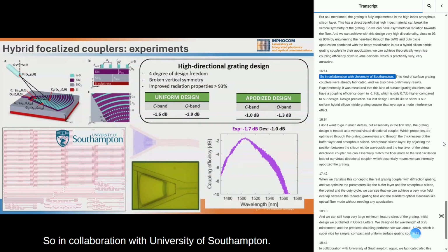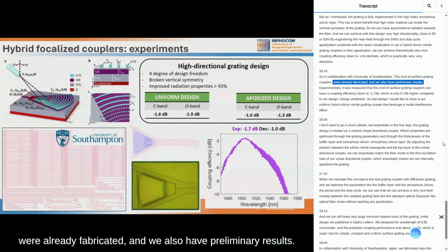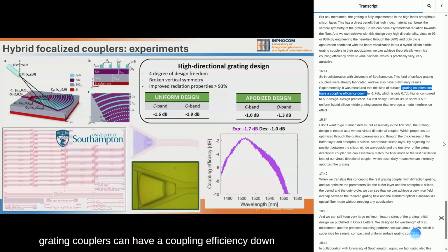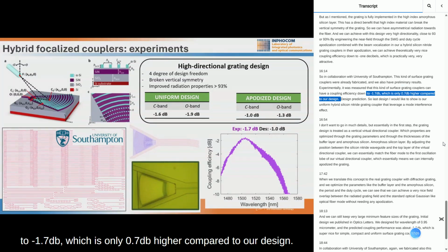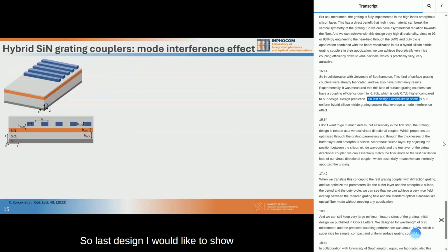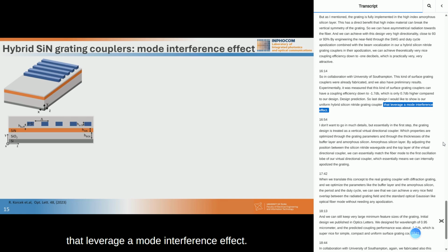So in collaboration with the University of Southampton, these surface grating couplers were already fabricated, and we also have preliminary results. Experimentally, it was measured that these surface grating couplers can have coupling efficiency down to -1.7 dB, which is only 0.7 dB higher compared to our design prediction. So the last design I would like to show is our uniform hybrid silicon nitride grating coupler that leverages the mode